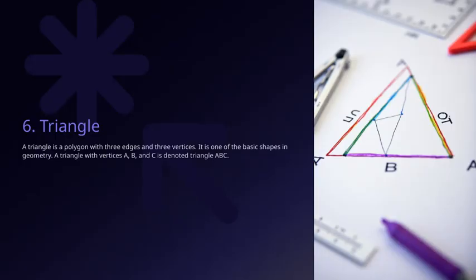Let's talk about the triangle. A triangle is a simple but fundamental shape in geometry, composed of 3 edges and 3 vertices. Think of it as the most basic polygon you can have, nothing more complicated than 3 sides connecting 3 points. When we refer to a specific triangle, we usually name its vertices like A, B, and C. So, a triangle with these points is called triangle ABC. Understanding this shape is essential because triangles appear everywhere in design, architecture, and even in nature. They're the building blocks for many more complex structures, making them a key concept as we explore the fundamentals of